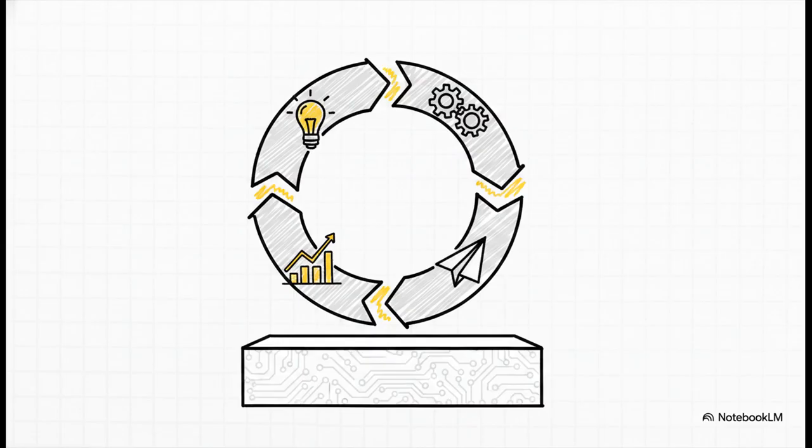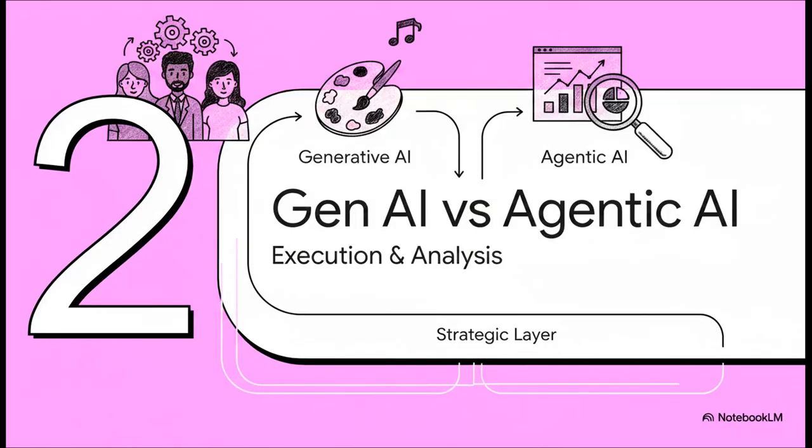It has completely evolved way beyond basic automation to actually support the entire marketing lifecycle. We're talking from the very inception of a campaign concept right through to delivery and optimization. It's a foundational layer that changes everything about what it means for us to be modern marketers today. Moving right along, let's hit Section 2, generative versus agentic AI.